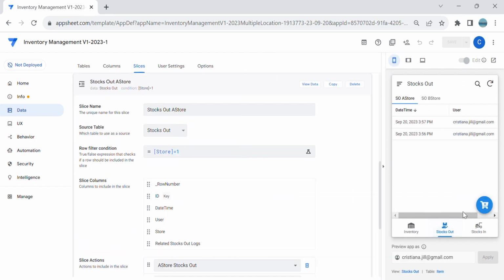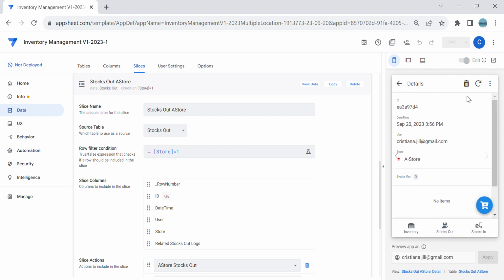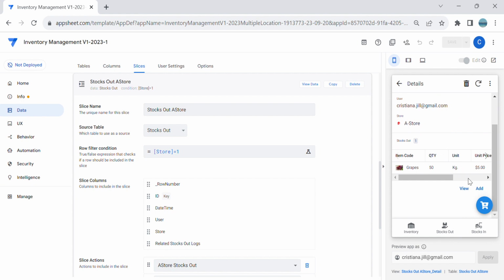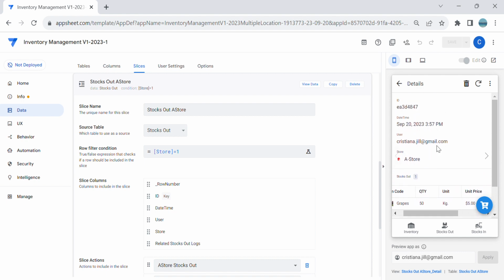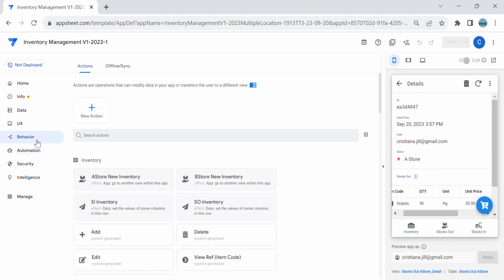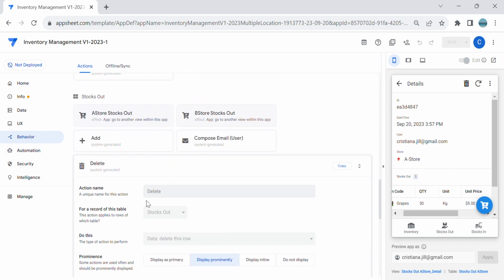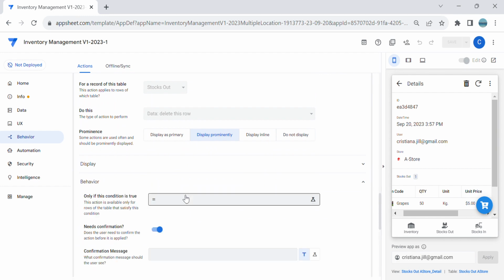Now going back to the stacks out, you can see a delete, but we don't want to show the delete if there is a stacks out here. This is to avoid problems, because the system is set up like that. We have to void all of this. I mean, first we have to void the related stacks out, then we can void this thing. So to do that, you can go to the stacks out table and delete here. So you can say here that